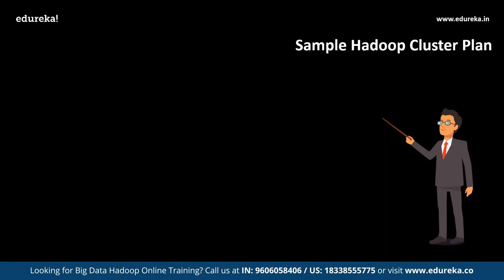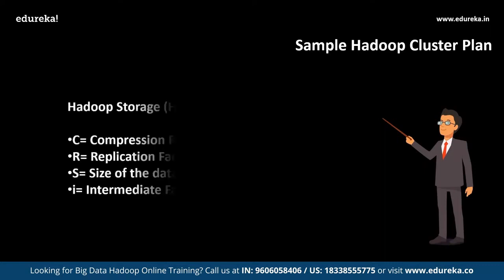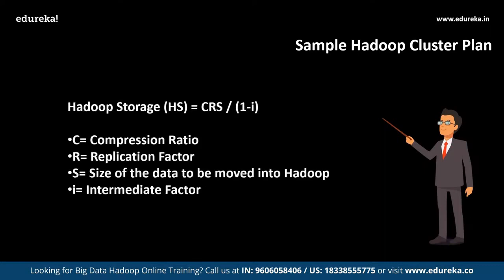If we assume 25% year-by-year growth and 10,000 terabytes of data per year, then in 5 years the resultant data may be nearly equal to 1 lakh terabytes. How exactly can we estimate the number of data nodes that we might require to tackle this data? The answer is simple, using the formula which is mentioned here.